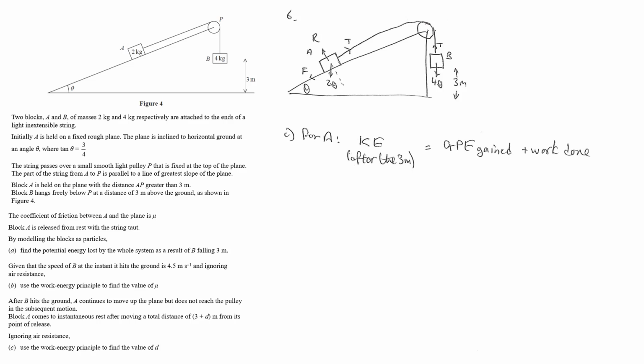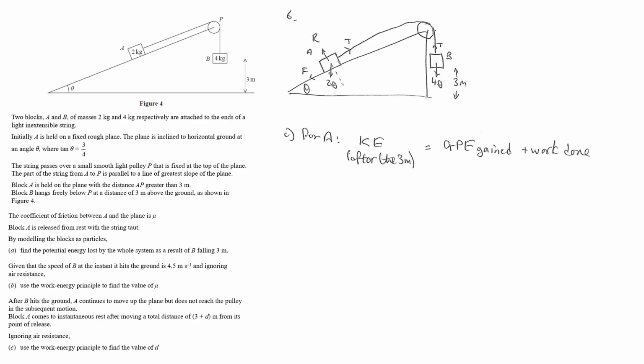It's moved 3 meters, and what's going to happen next is it's going to carry on moving a distance of d, and then that's going to be equal to, for just A,